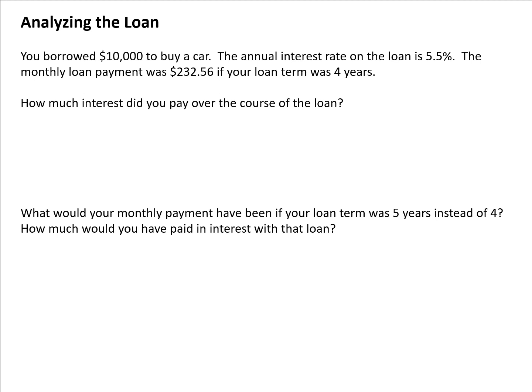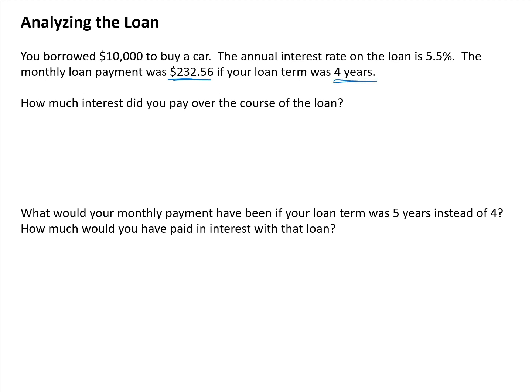Let's do a little bit of analysis on this loan situation. We borrowed $10,000 to buy a car. The annual interest rate was 5.5%, and we discovered that the monthly payment to pay it off in 4 years was $232.56. Let's work out how much interest we've paid over the course of this loan, so over the course of